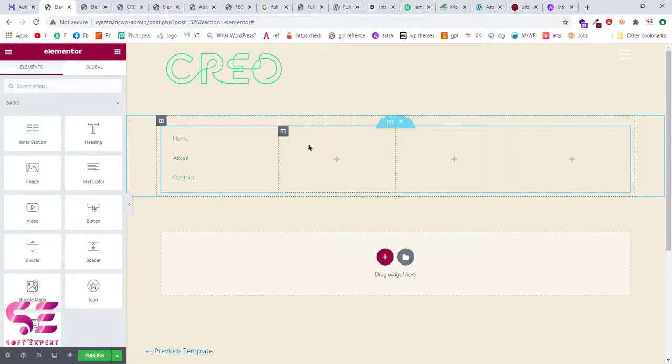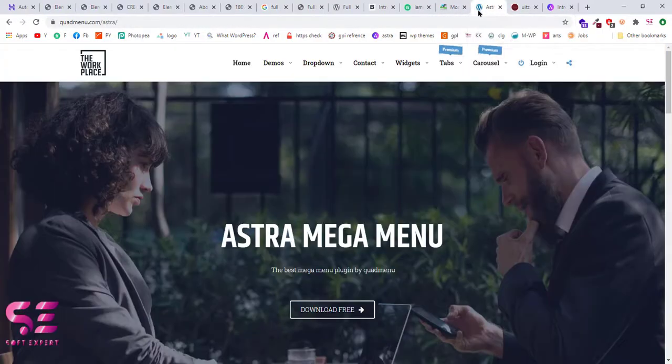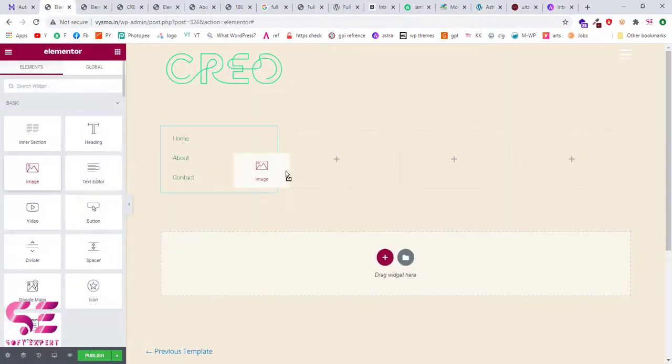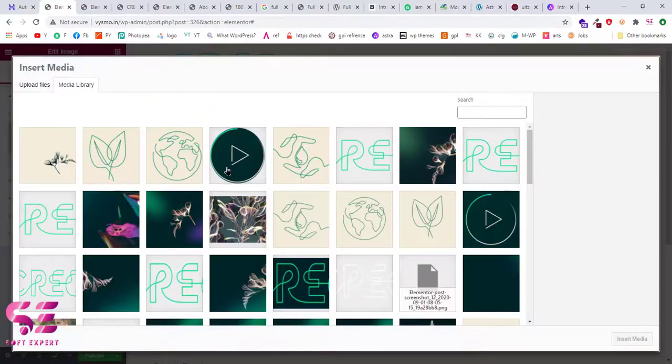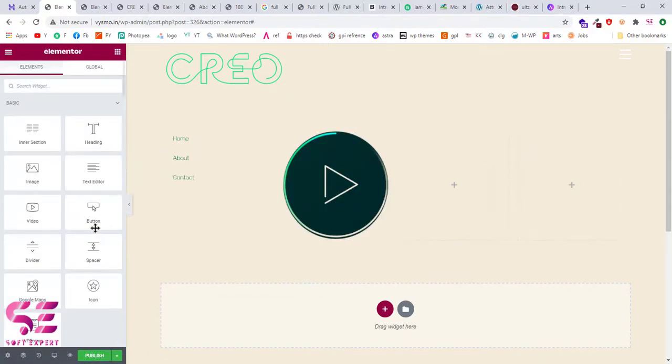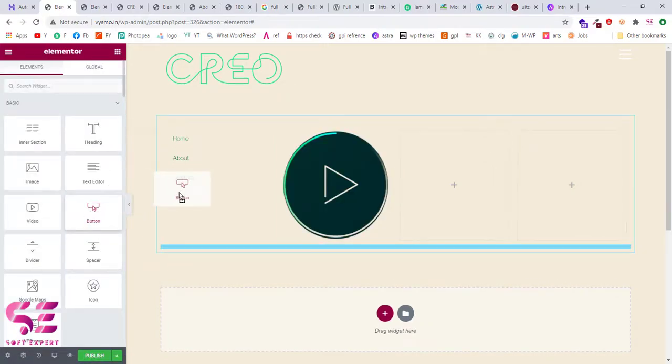Here I will use an image like this one. So drag and drop an image and put an image there. So I will use this one for example, and you can put buttons.